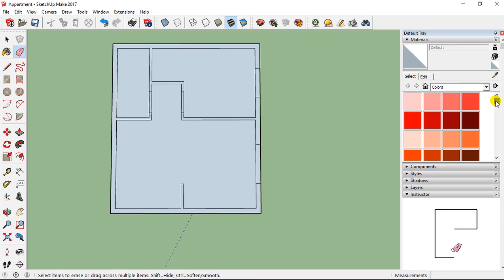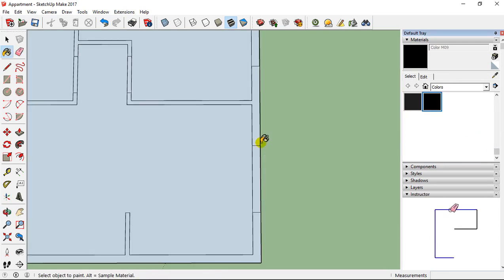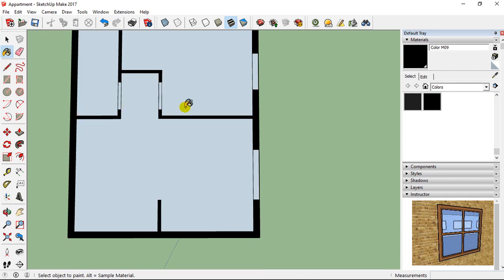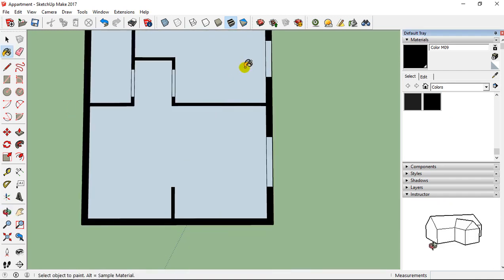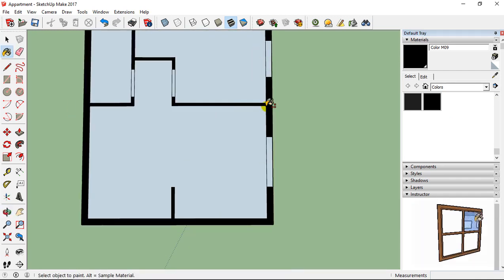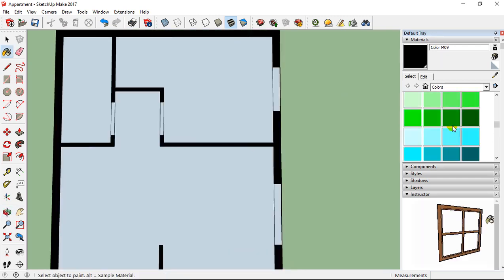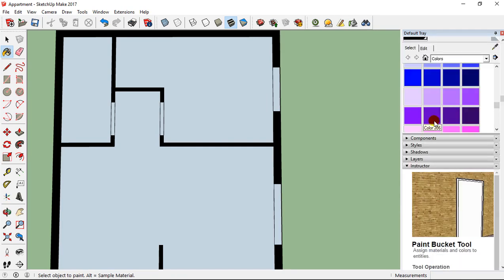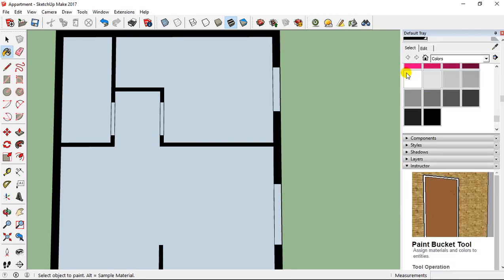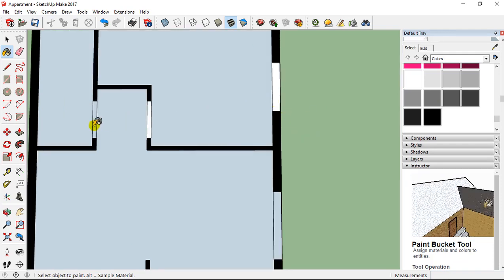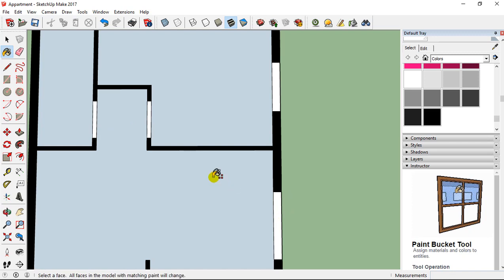I go on colors, I take black color, and here in black, like this, and the rest I can keep in white. And I can also directly take the white color, like this, and white, like that.